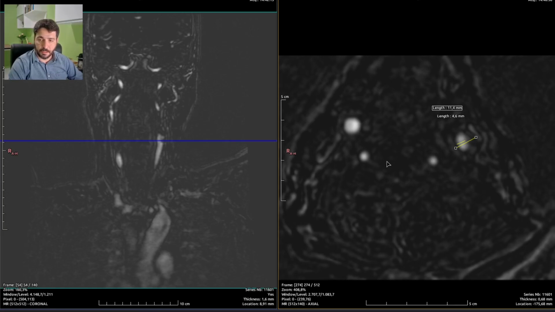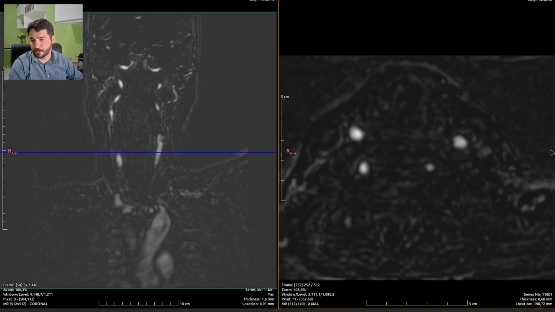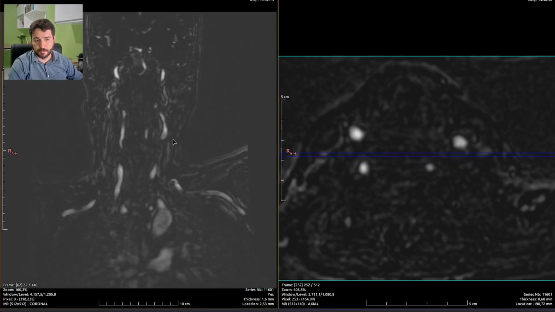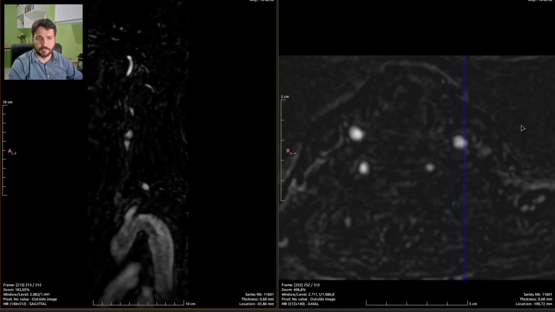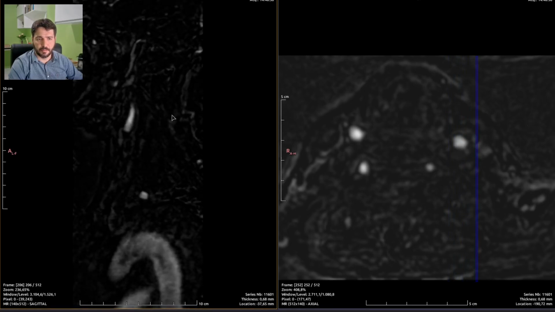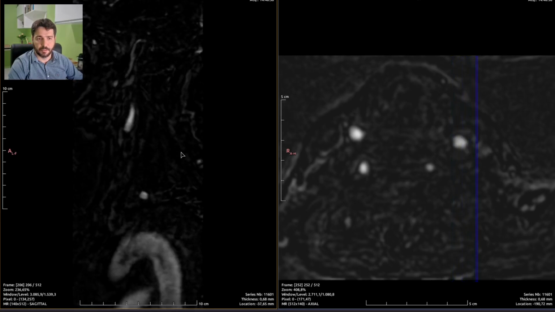So that is a 50 to 69% stenosis. It is significant. It matters. So we are going to report it. Also, if you measure, let's do a sagittal. Is this sagittal? I guess this is sagittal. Yep, this is sagittal. If we think of this as a digital angiogram, we can measure